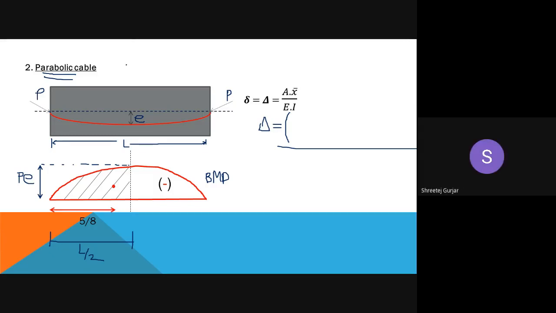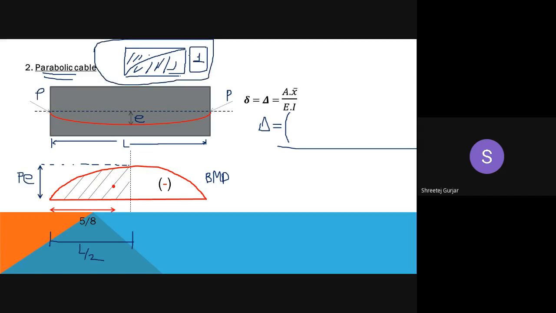Triangle will be 1/2, right? Half base into height, 1/2. So when you have a parabola of this shape, it will be 1/3. Now we are dealing with the remaining part, so it is 2/3 and this is 1/3. If you add 1/3 plus 2/3, it will be the whole number 1.